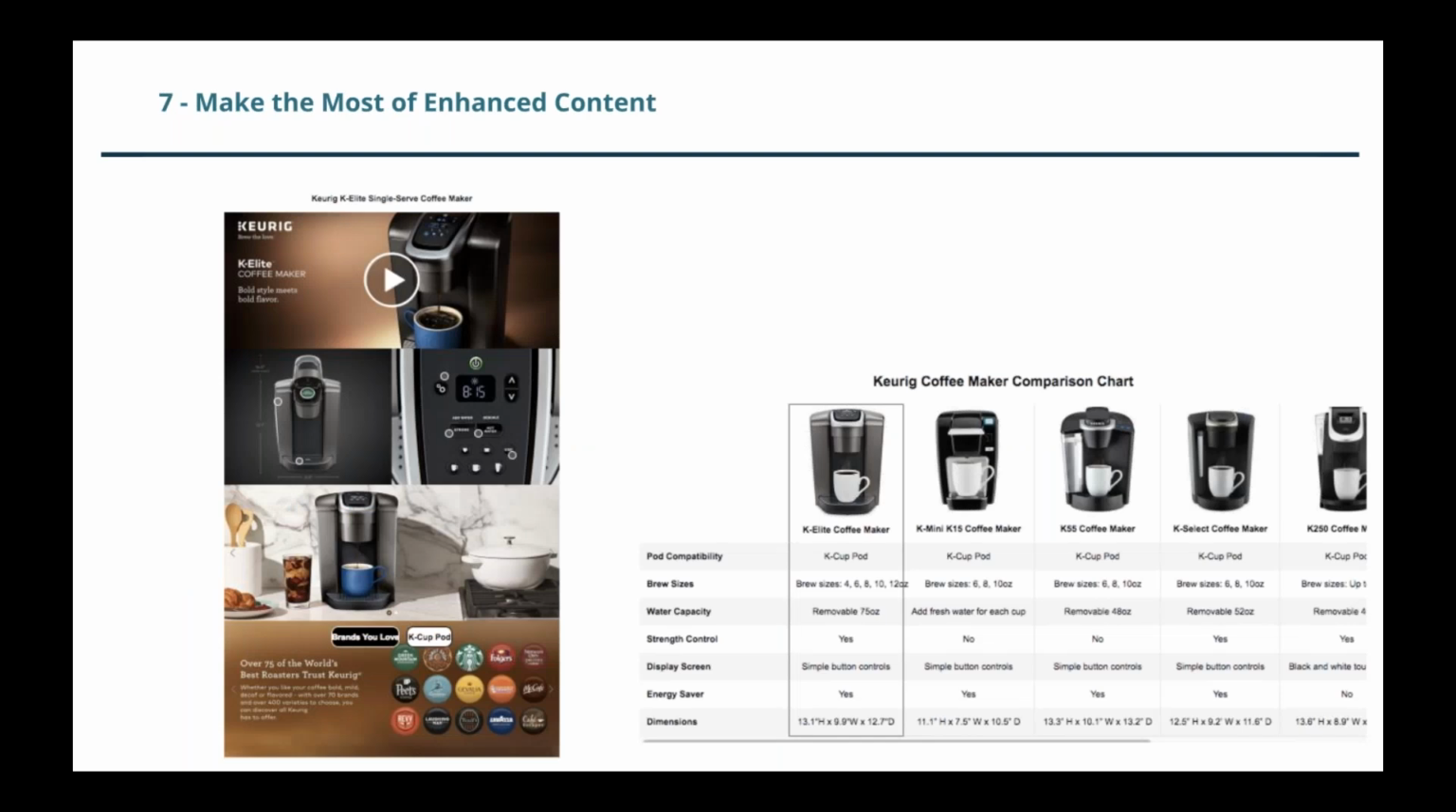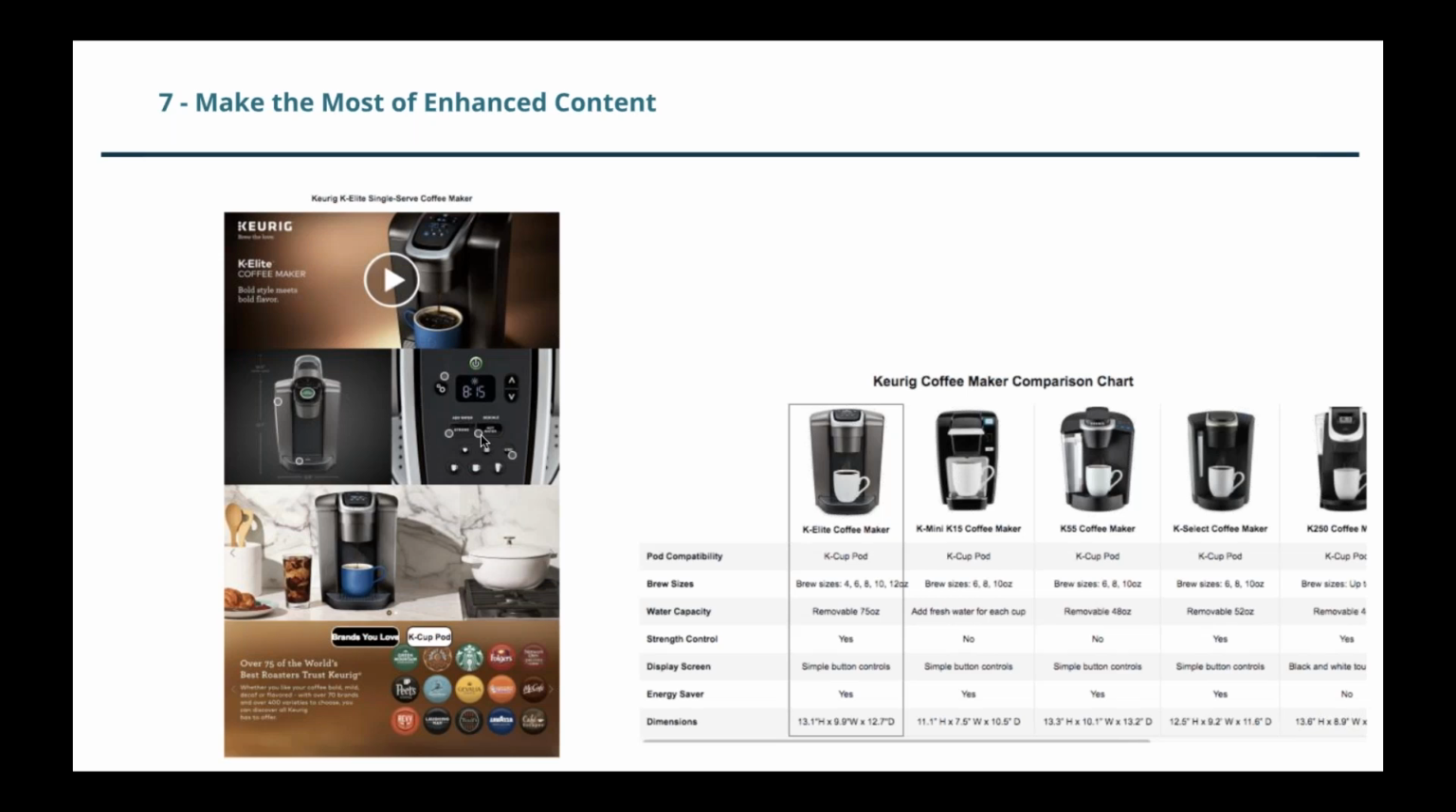This is about making the most of enhanced content, below the fold content. So this is Keurig Coffee, which is a company that we work with. On the left, this is some of the premium A+ content that Amazon is now offering to some of the larger manufacturers out there. You may not be able to see it, but on the product controls on this image, which is below the fold content,